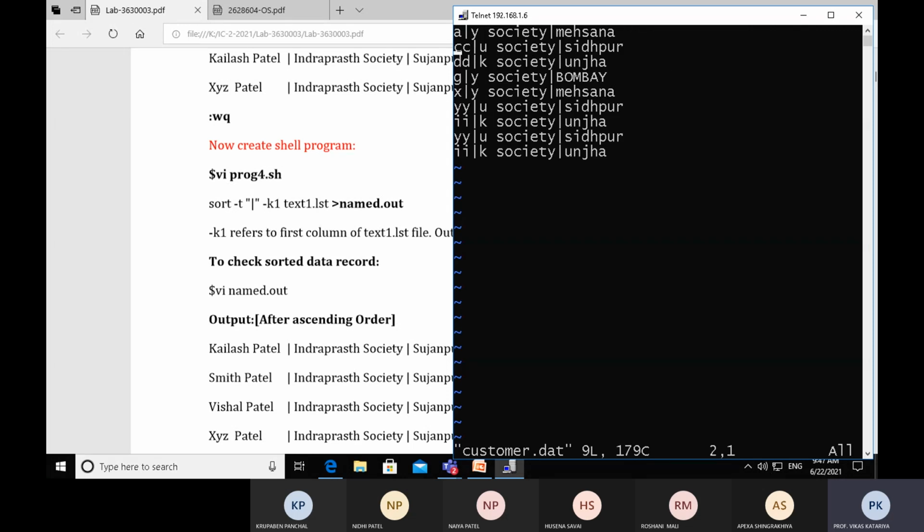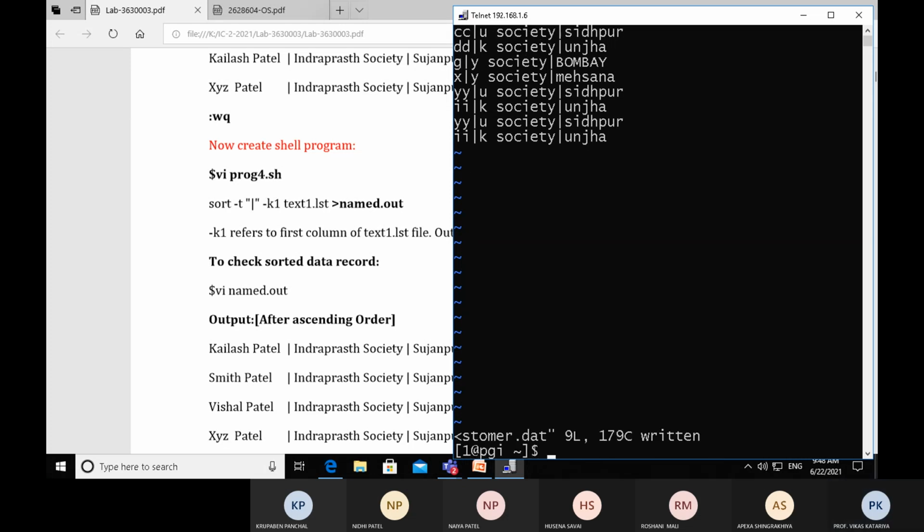These are the records. We are applying sorting on the customer name: A, C, C, D, D, G, X, Y, I, Y, I, right? You can apply commands directly, or you can keep your commands in a shell file also. There are two ways to execute the commands.